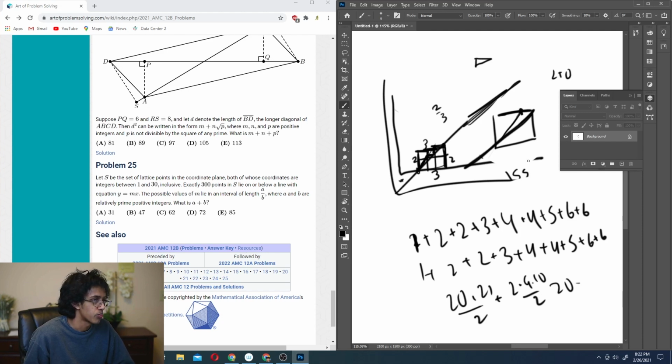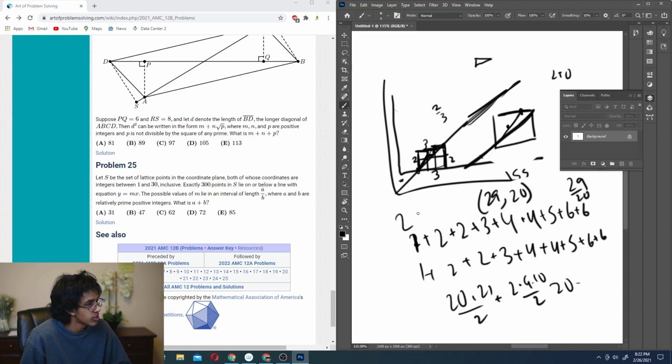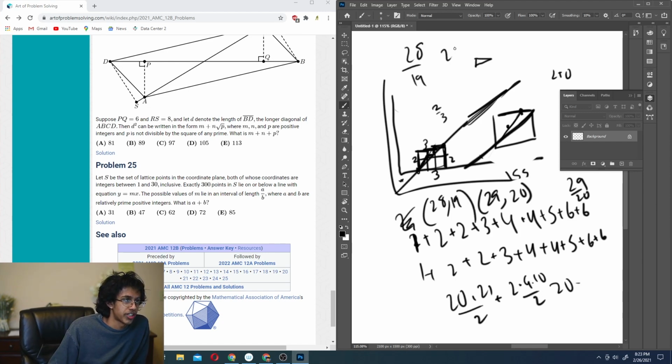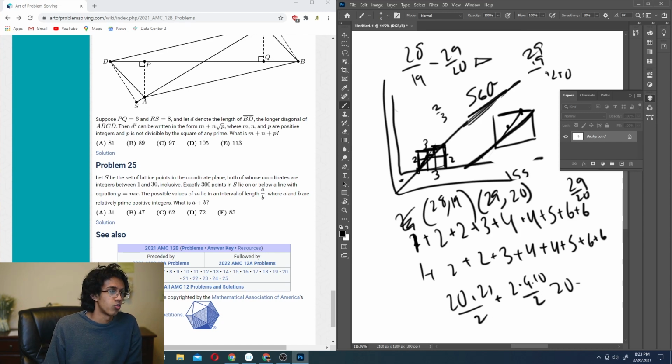Let's try and see if that slope is less. So that would be 29 comma 20, right? So the slope is literally 29 over 20. Or it could go through this other closer one, which is down 1 over 2, which is what? 28 comma 19. So which one is bigger, 28 over 19 or 29 over 20? We could just subtract them, but there's probably an easy formula for this. 560 minus 29 times 19. 550. 560 minus 551. So this is bigger, and we want the smaller one.